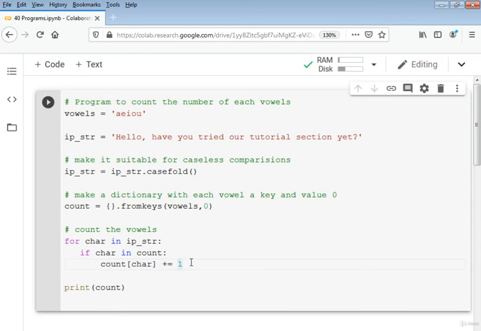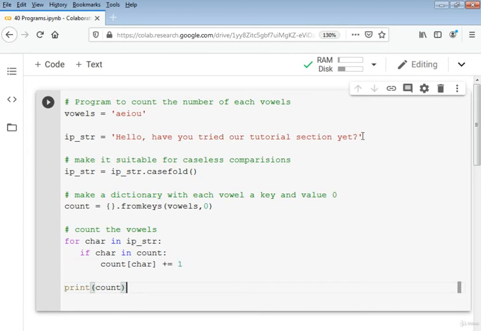So we will iterate the input string using this for loop, and in each iteration we will check if the character is in the dictionary keys, and if it is a vowel, then we will increment it with the value of 1.